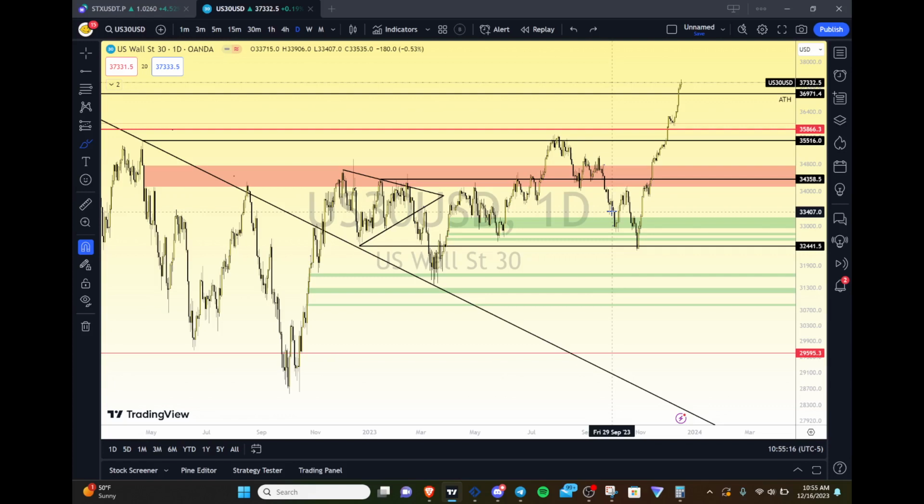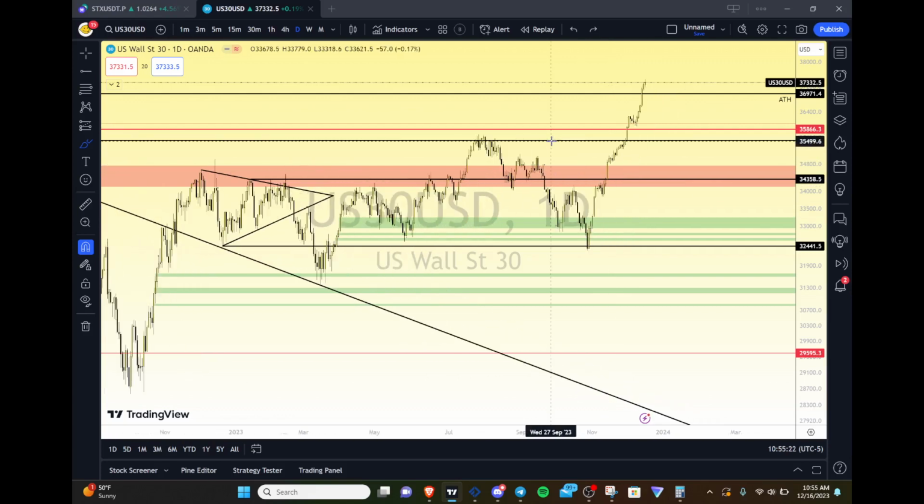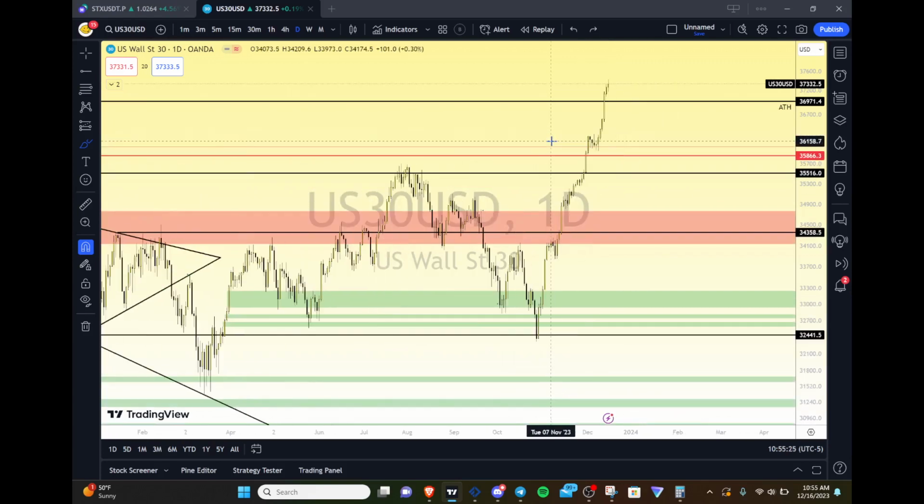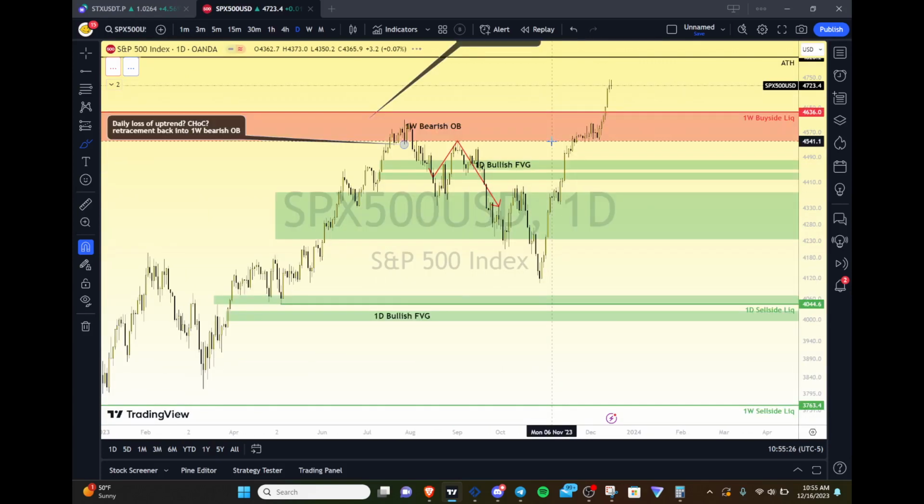So both in stocks and crypto, we're in good positions for a lot of stocks and cryptos now. So I feel really, really good. But let's go forward on. Let's take a look at the S&P next and see what that's telling us. See if we're getting a similar story.